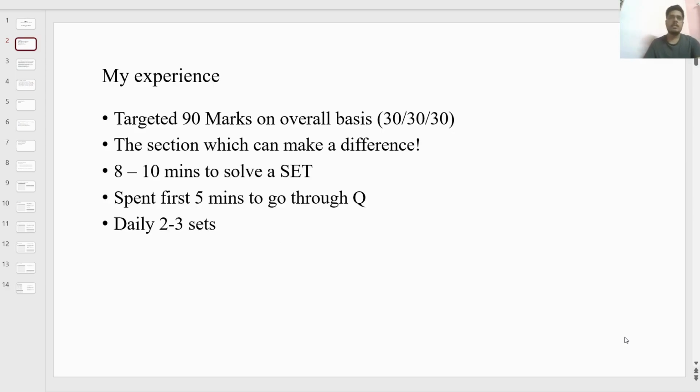So initially when I had started preparing for this examination, I had targeted 90 marks. The reason I have explained in the previous video, which talked about score versus percentile. So if you are scoring somewhere around 90 to 95, then you will be able to get a percentile of 98, 99. So this 90 marks I had bifurcated into three parts: 30, 30, 30,